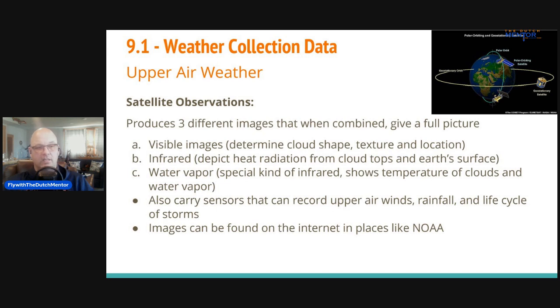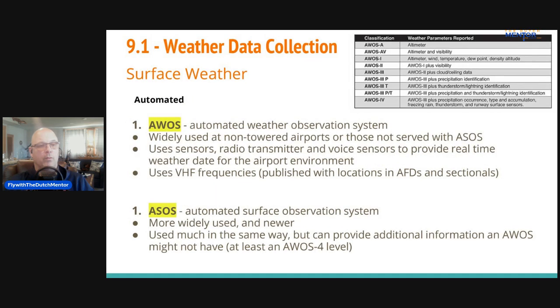A lot of these imaging are used by ForeFlight as they provide you a weather brief as well. So let's go back to some of the older systems, but still reliable. These are surface weather advisories at the airport, most likely, like we use Orange County, where you have an automated